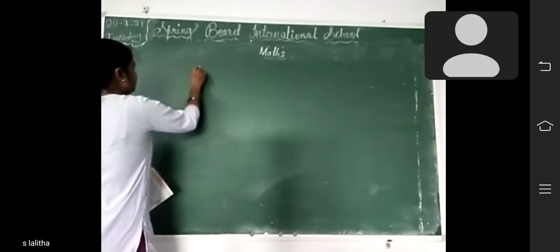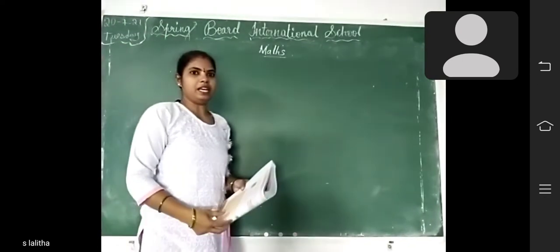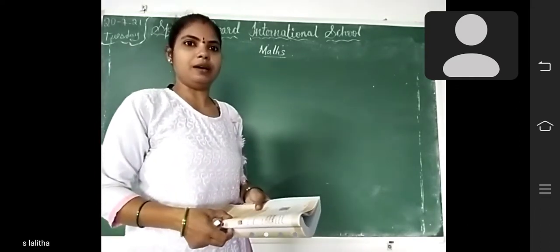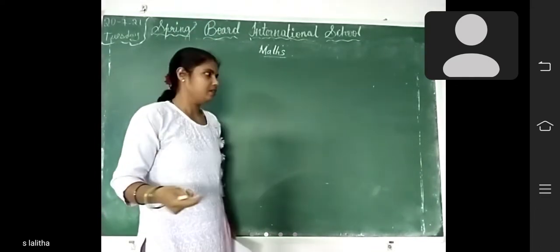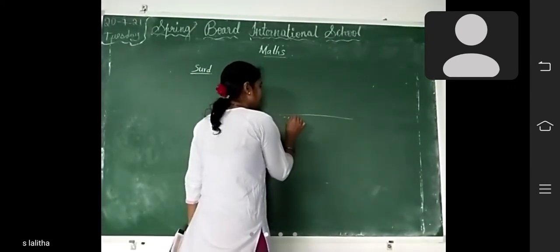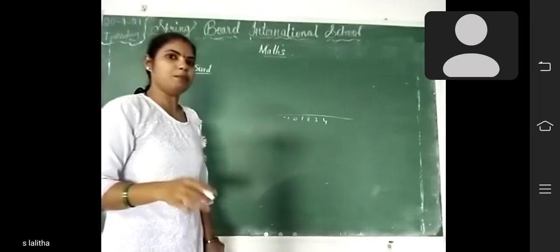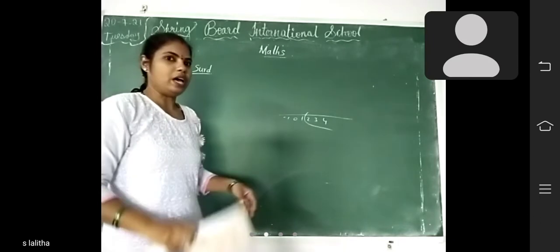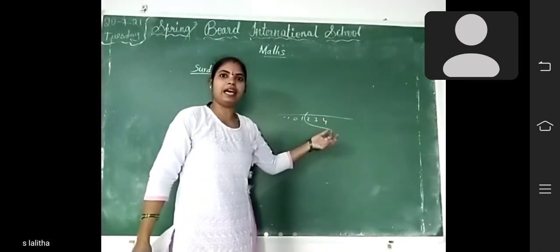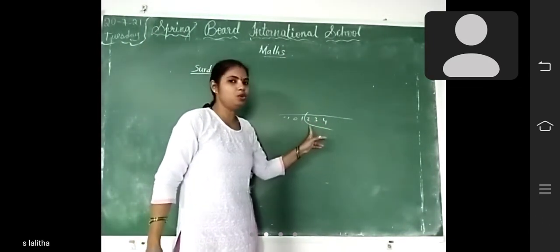Next one, third. What is called as third? If n is a positive rational number greater than 1. So minus 1, 0, 1, 2, 3, like that on the number line is there, no? So n is a positive rational number greater than 1. That means from 2 onwards. So it starts from 2 onwards.